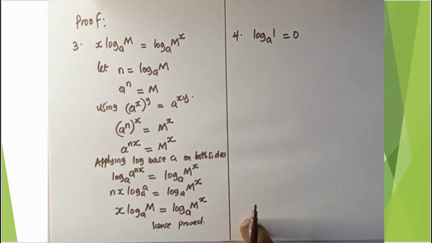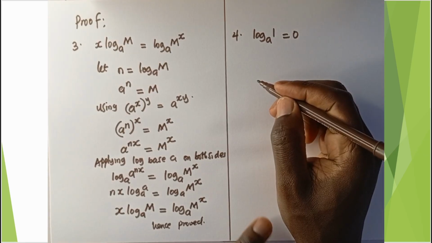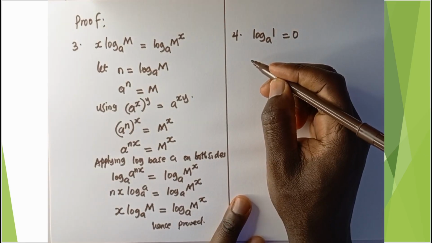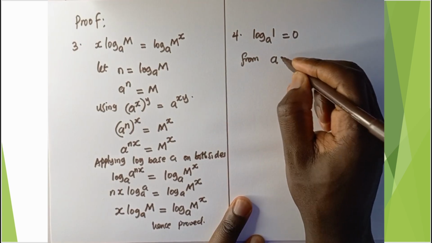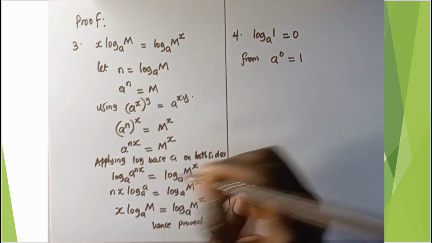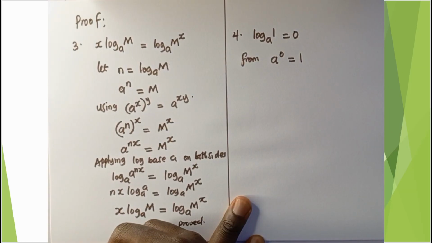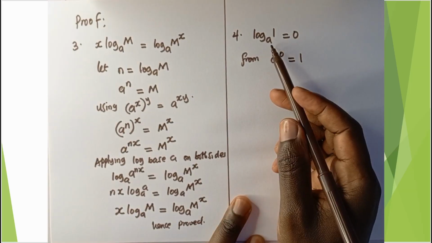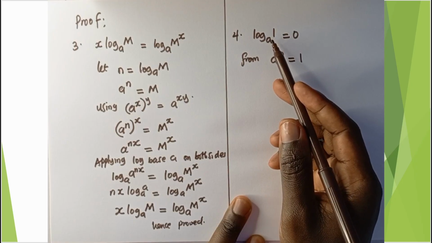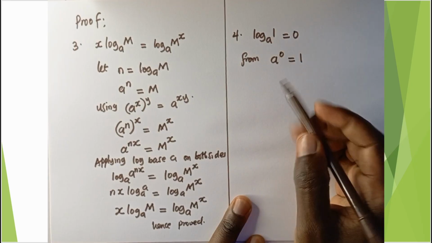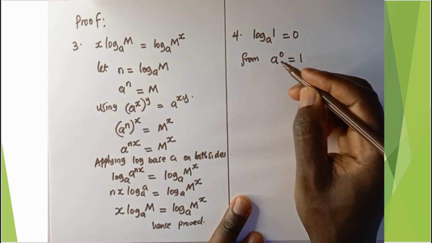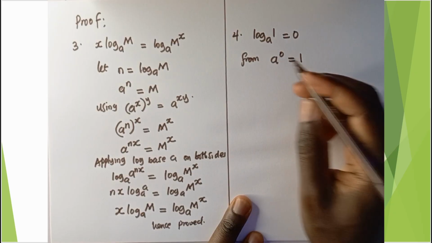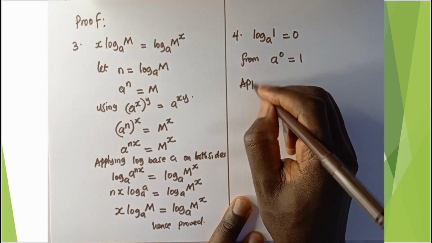So that is law number 3. Now when you go to law number 4, we say from a to the power 0 equaling 1, that is a law of indices. Now to prove that the logarithm of 1 to any base is equal to 0, we use the indices law that says any number to the power 0 is equal to 1. So we say applying